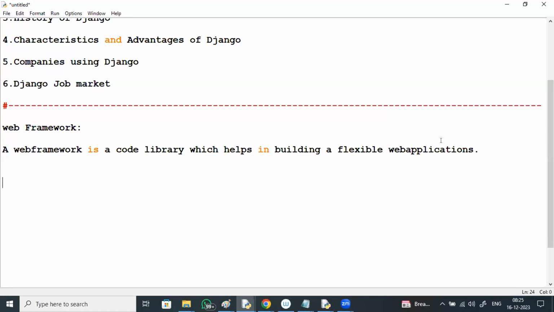I'll come back to the history of Django before I go to advantages and characteristics. Django was introduced in the year 2005.